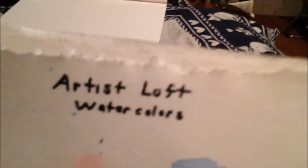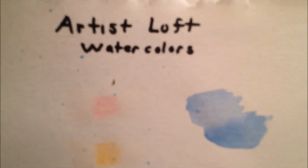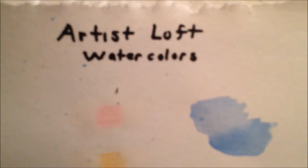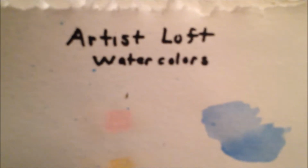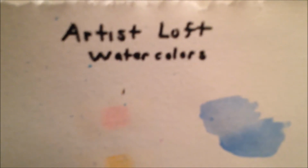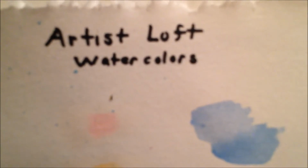Now the next set, regular Artist Loft watercolors. This set, if you go to Michael's in the store, you'll see the fundamentals for $5. Then they have the Artist Loft watercolor pencils in a clear plastic box, and they cost twice as much. So for a pack of 24, I think I had a 40% coupon, so I didn't pay $11 for them. But